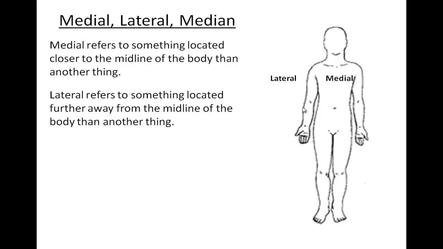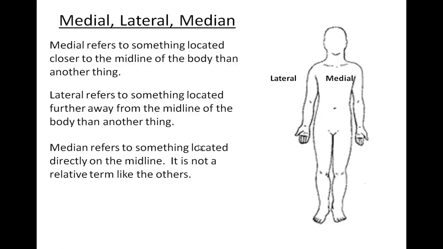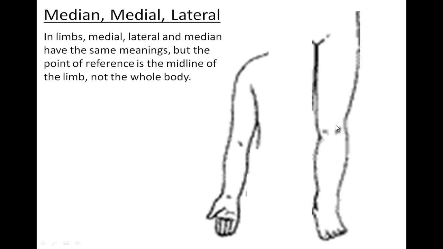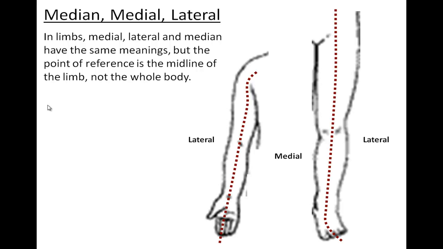One term that is not relative is median. Median refers to something that is strictly on the midline of the body. So the median line goes right through the center of the body, and it's an absolute. We see these terms again when we refer to the limbs. Upper and lower limb, something that's medial is closer to the midline of the body, and something that's lateral is further away. No big deal there. When we use median in reference to the limbs, we're talking about the midline of the limb itself. So median can refer to the midline of the body as well as the midline of each limb. And in the upper limb, we've got a median nerve that runs right down the center of the forearm, bringing a little bit of